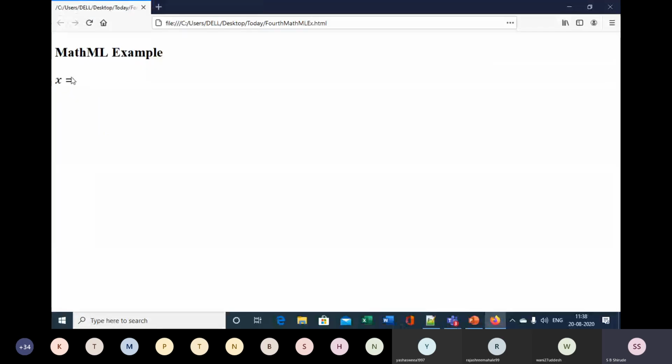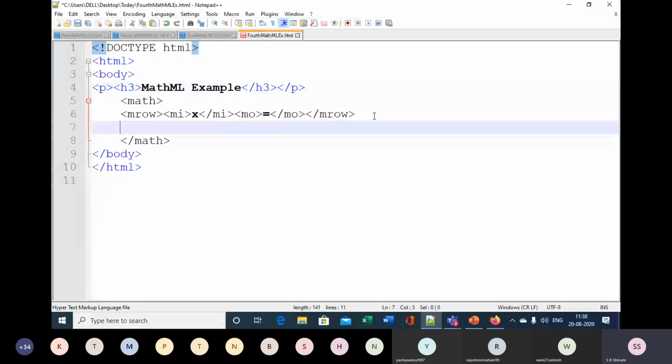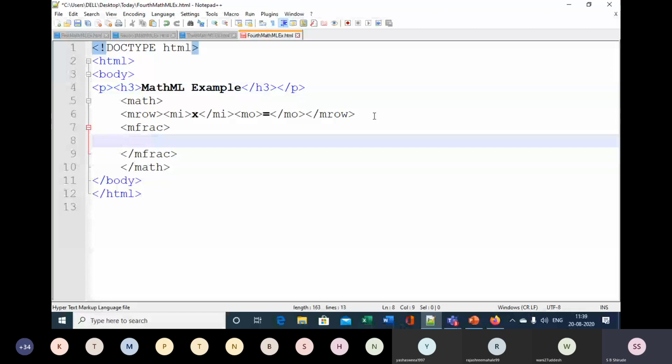Now I want to put the fractional part, and therefore I should put mfrac here, which means fractions. In this, first we have minus b plus or minus under root b square minus 4ac. First let us put minus b, so I will group it as an mrow.